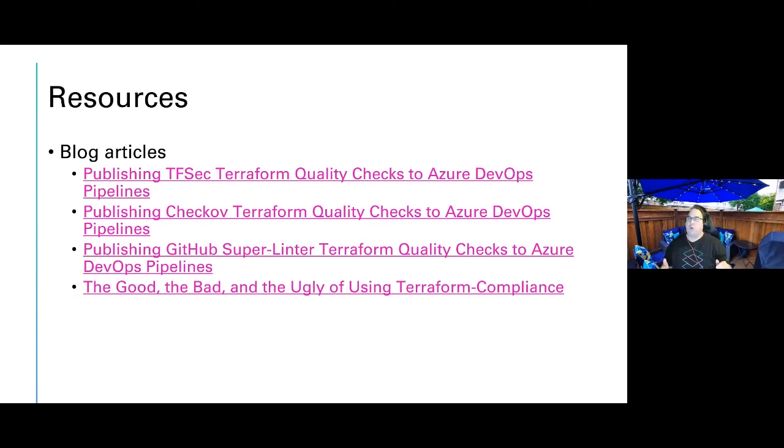But with these different tools, not only executing the tool in the pipeline like we demoed, but then what you have to go through to get the proper output in the right format and then publish that as a pipeline test result back into Azure DevOps, right? Because you can get the output to the console, but if you want it nice and fancy with some graphs, there are some other things you need to do on these various tools, like we were discussing.